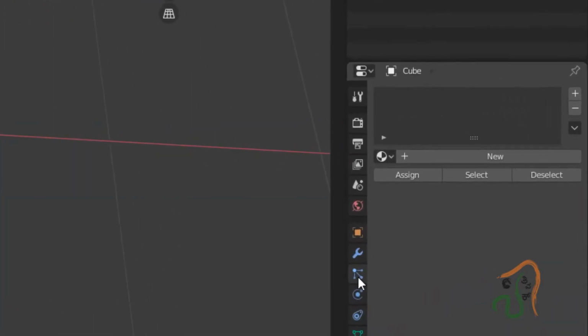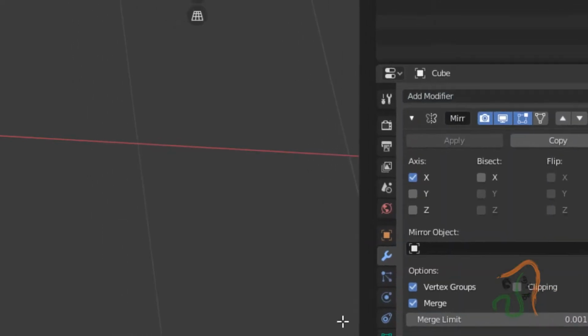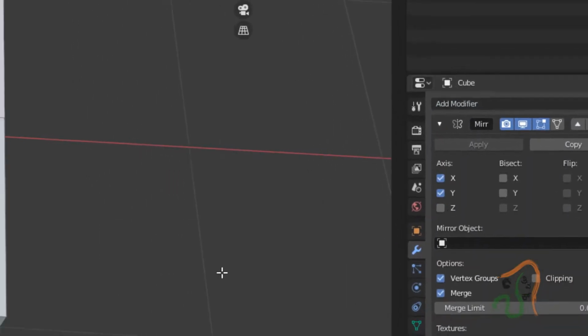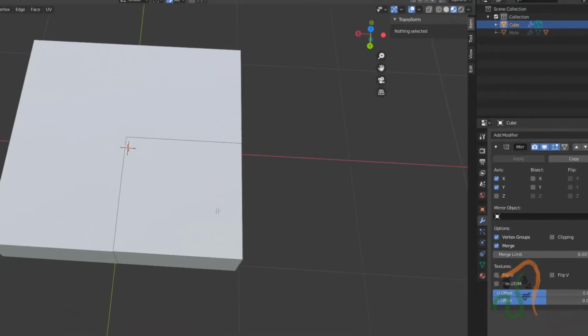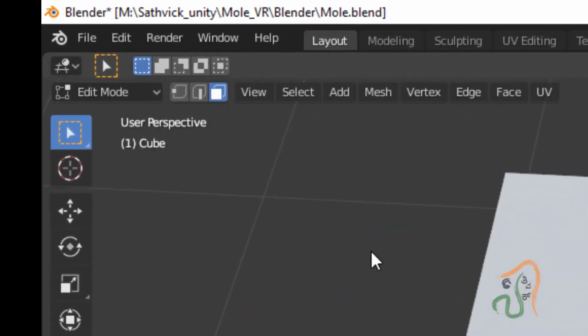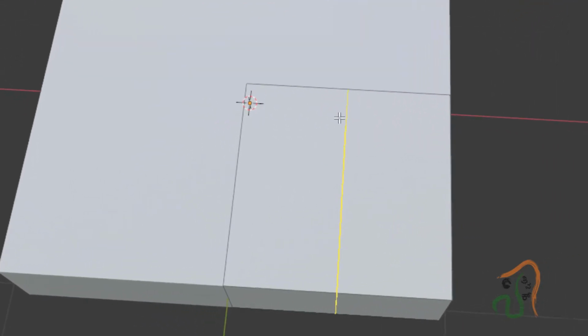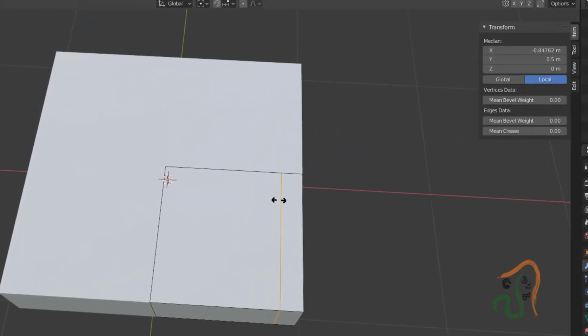The next thing here is, come to the modifiers here, and in add modifier choose the mirror modifier, and in mirror modifier choose both X and Y. So we are going to choose both X and Y mirror modifiers. Now after this, see that we are in object mode now, and select again, press Tab to enter into edit mode, and in edit mode press Ctrl R, and now when you press Ctrl R, you can see here we can add the edge loop. So select and click here and drag it and add one edge loop.